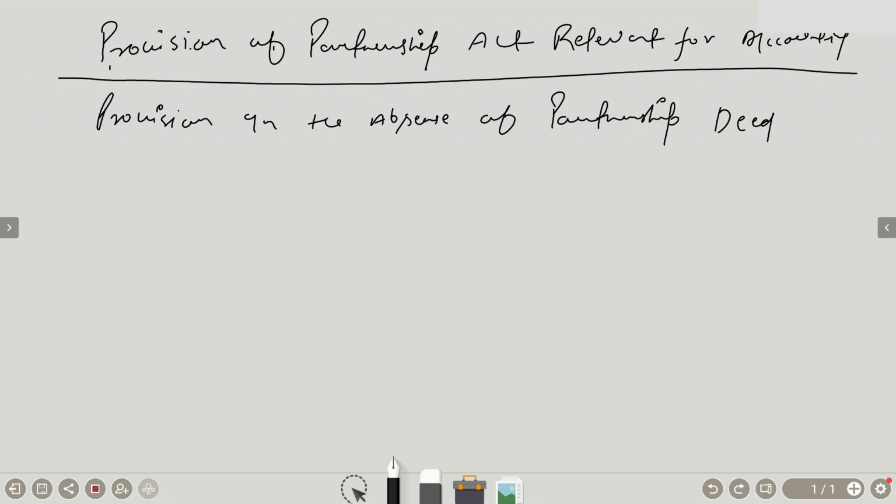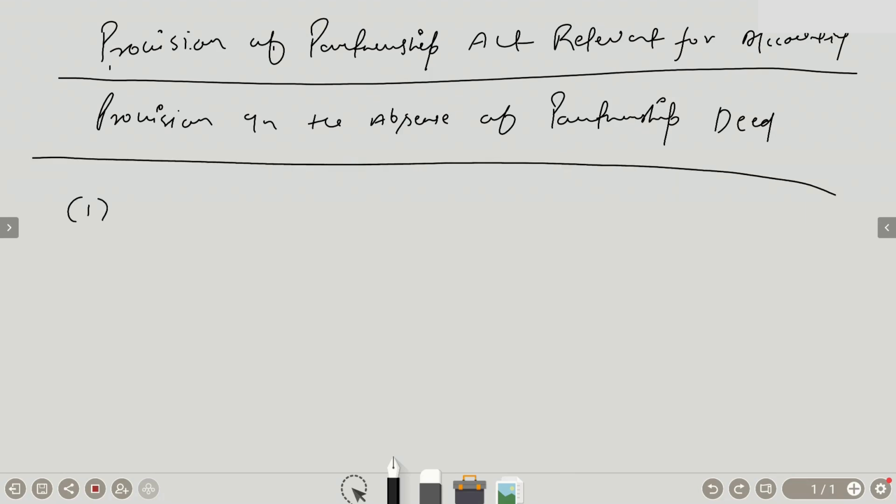Either of them may be written on your question paper. So provision of Partnership Act relevant for accounting, or the provision in the absence of partnership deed. So we have to study some of the important provisions affecting the partnership account. Okay, so starting with the first important provision which can affect the partnership account is,